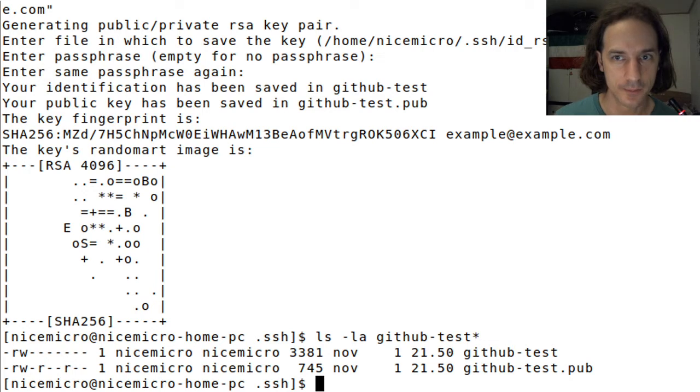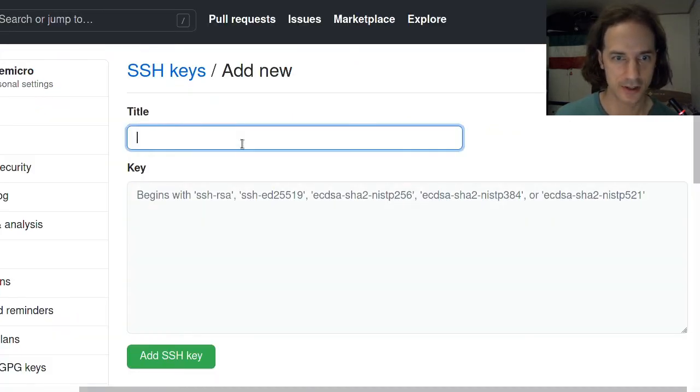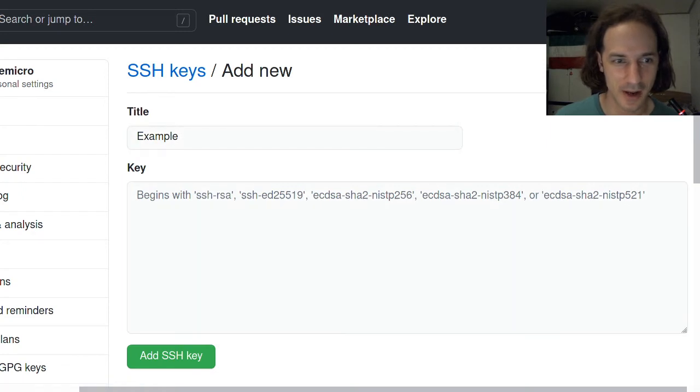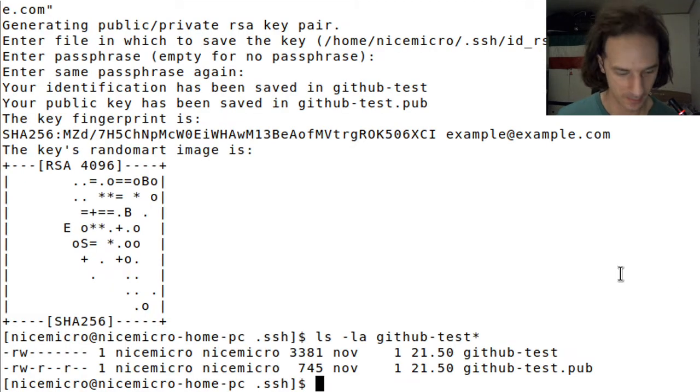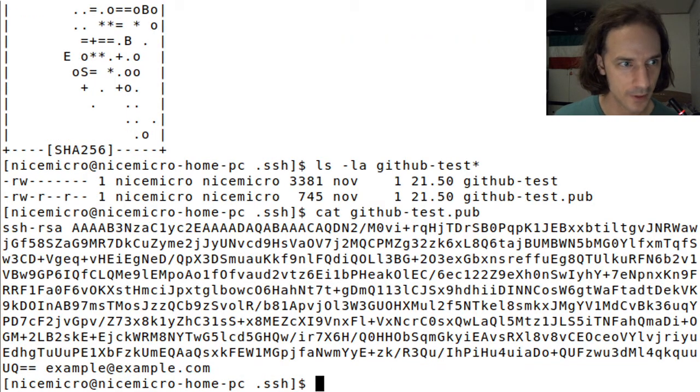you can see that now we have created github-test and github-test.pub. The first file, github-test, is your private key, so you should not do anything with this. You should not open it, you shouldn't show it. You just let it sit there, and you will have to add your public key here. You can give any title, whatever. I'm not going to actually add this key here because I already have one, but I can give it a title that can be anything, and then I go back to my command line and cat out the github-test.pub file,